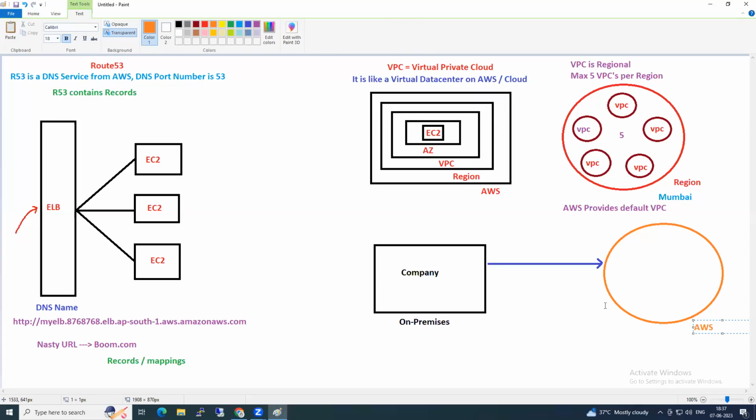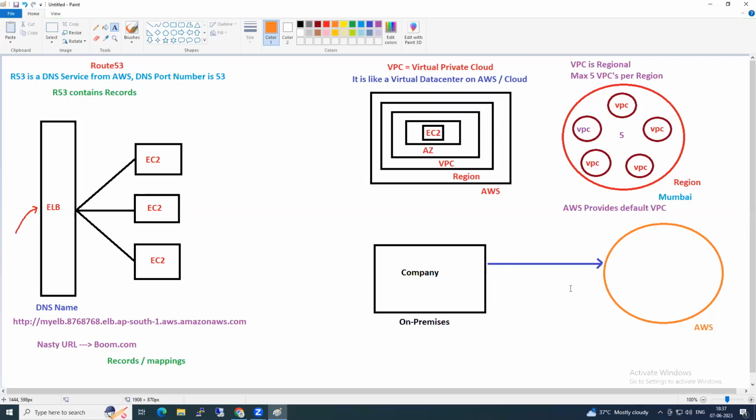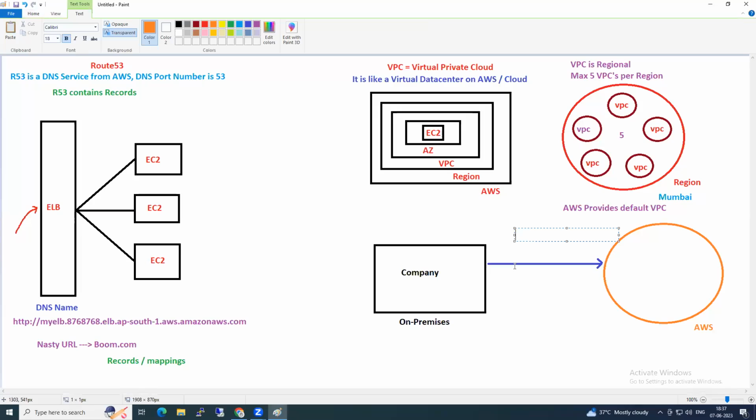Experienced people, yes, there is a concept. Definitely we need to have internet. In order to connect from your company to AWS, you need internet. Is that internet dedicated for you or shared? Shared internet only.